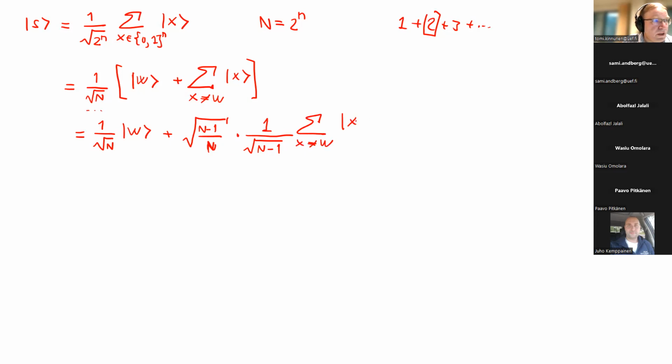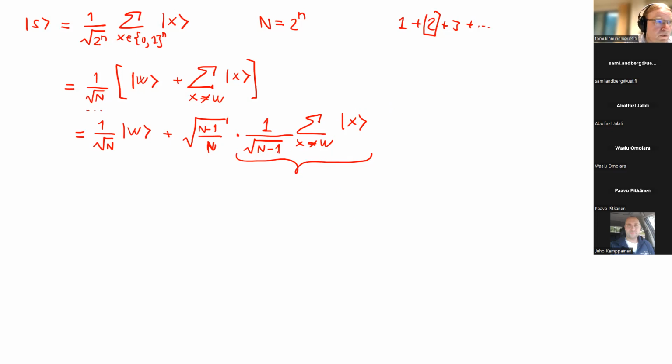Again, all the rest except the one that we are looking for. Now you can perhaps see the reason why we wrote it in this way. This is now the equal superposition of everything else except the one that we're looking for.